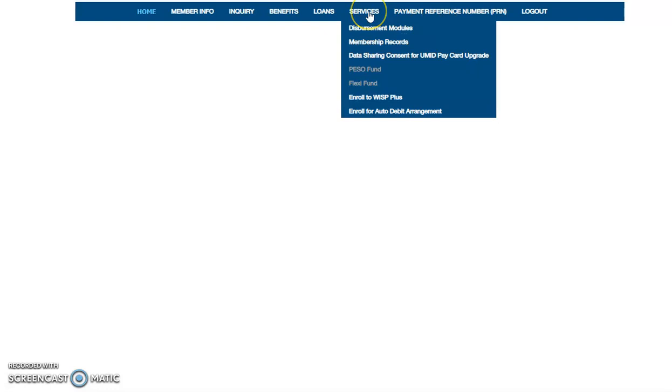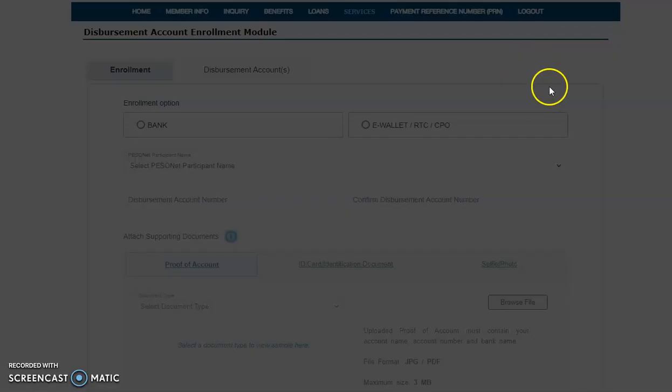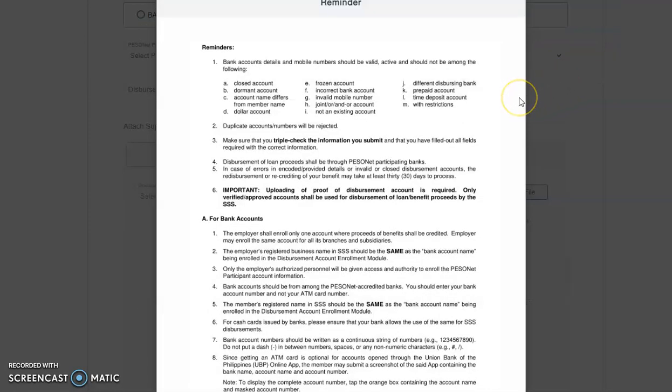So all we need to do is go to Services. As you can see, guys, Services. Tapos i-click natin tong Disbursement Module, and may option doon: Disbursement Account Enrollment Module and Benefits Disbursement Module. So i-click lang natin yan. Tapos mapupunta kayo sa reminder na ito. Ang nandito sa reminder is you need